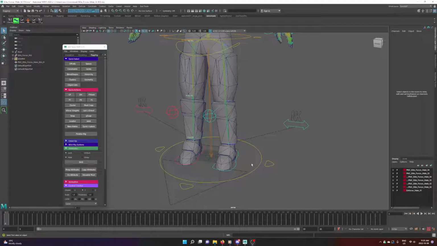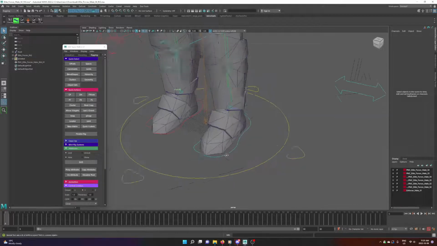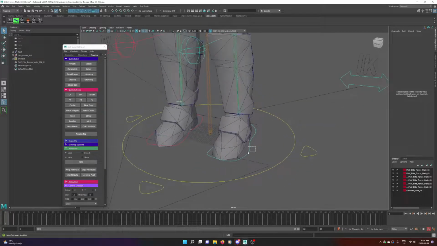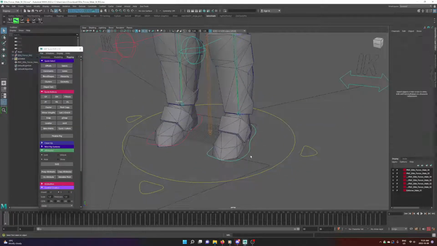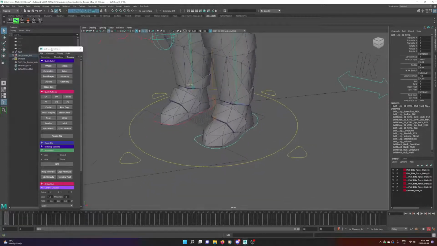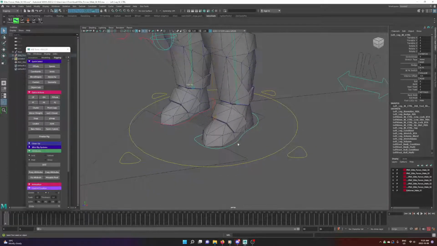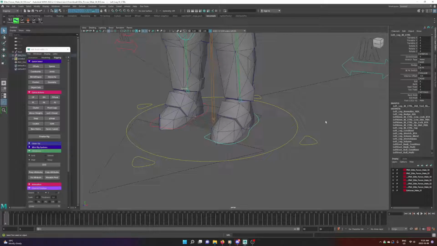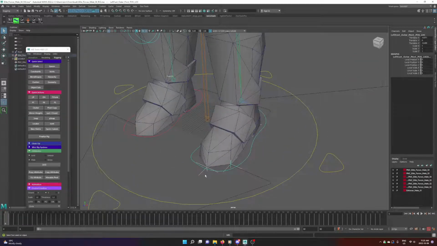So in this video, I'm just gonna cover how to add the individual controllers for the foot roll. I'm just gonna talk as I go, so this video might be a little bit long. For this to work, to activate the foot controllers, we're going to select them,